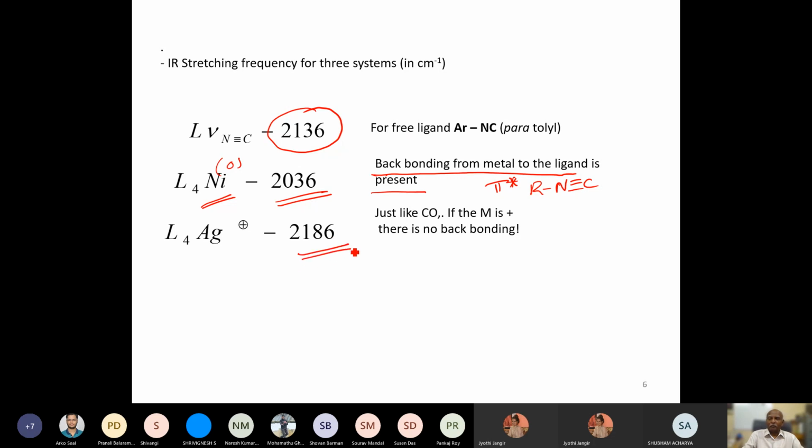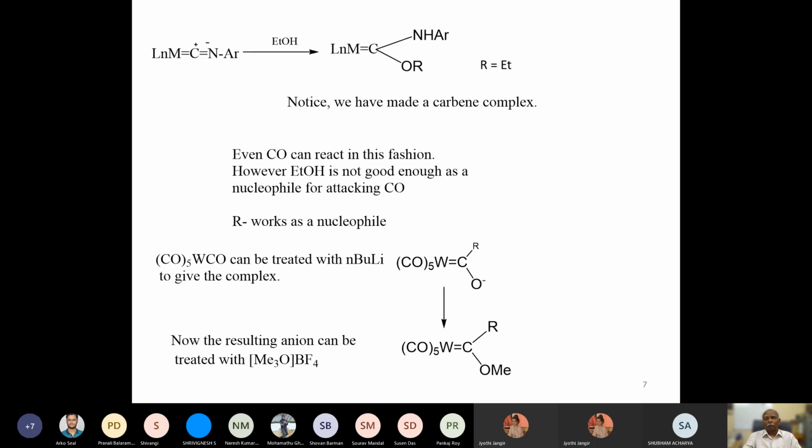You look at the silver complex. The silver complex is now a positively charged d10 species. And when the ligand coordinates to the silver plus, the frequency actually goes up. It goes up by 50 centimeter minus 1, but nevertheless it goes up. This is extremely similar to what happened with carbon monoxide. There, of course, the frequency changes were a little more. So the problem, I hinted at this earlier,